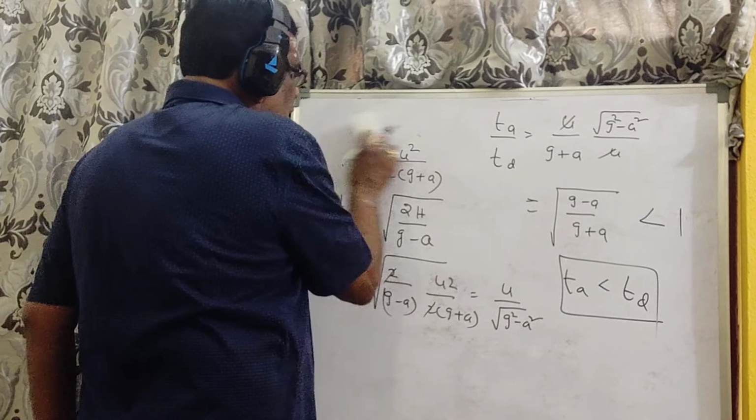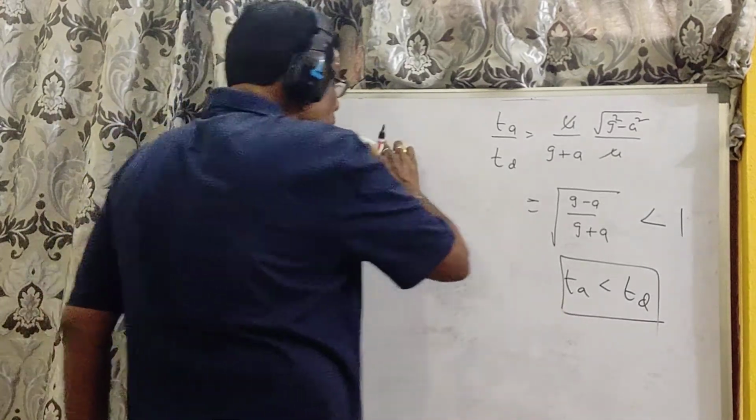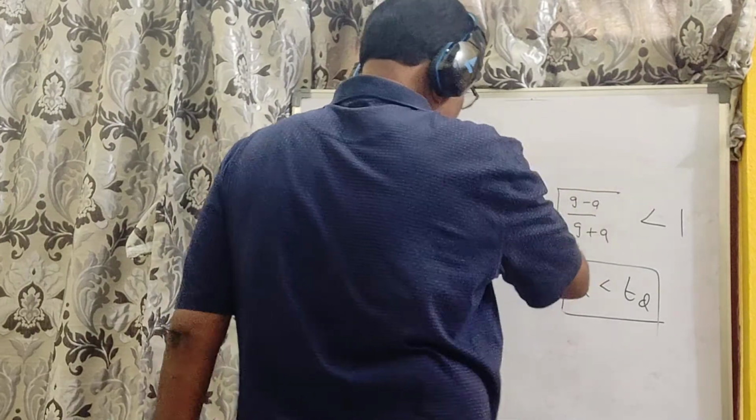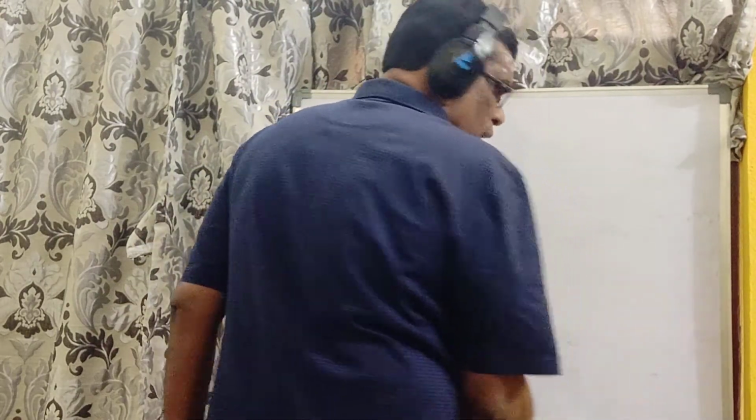So this is one out of the way example when you consider the comparison of time of ascent and time of descent. I'll put a stop to this lecture here. In my next lecture, I will